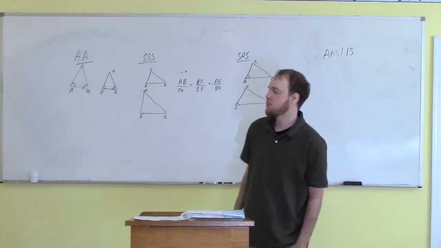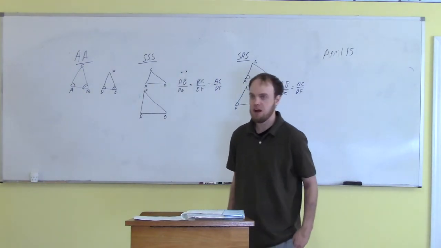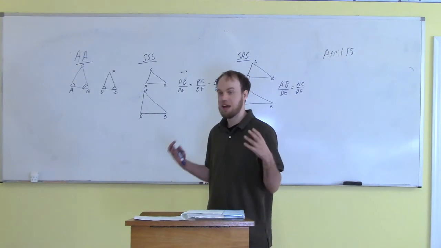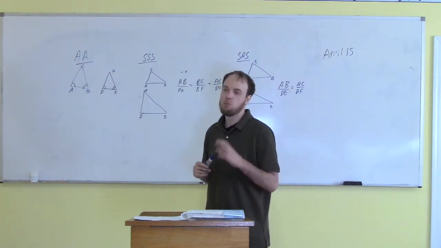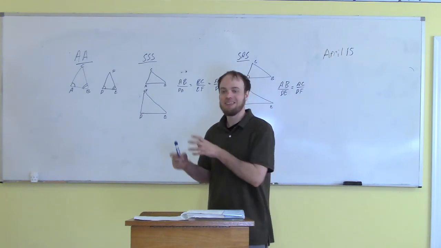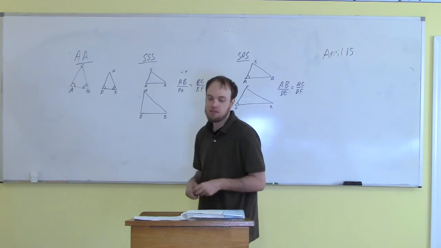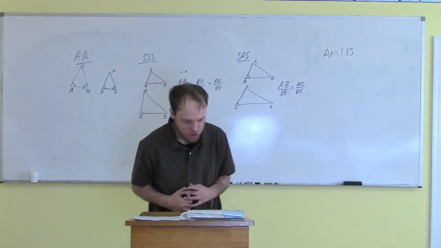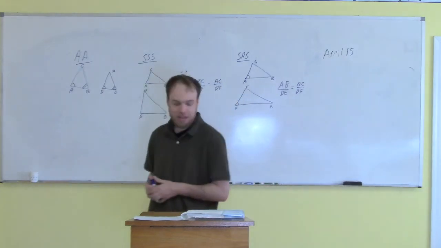And so this is going to be a lot similar to when we did congruent triangles. We're basically going to have the same acronyms. The difference is that instead of them all being exactly the same, they're going to be in proportion to one another. And so the big key here is if you look at postulate 13.1 on page 542,